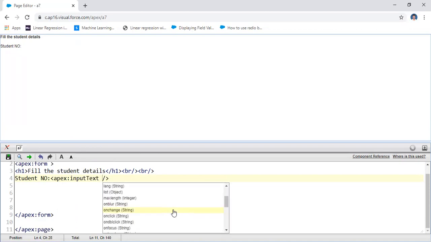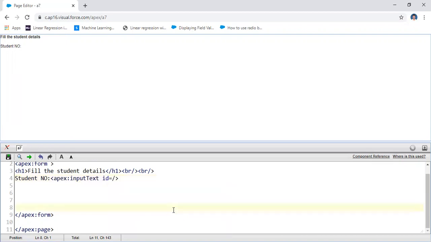Here this component consists of, for example, id equal to. The id indicates the value. Here in this case, id equal to, let us take id is a string, id1. Let us assume the id in the sense is only an identifier. This indicates the identifier for only this particular field.